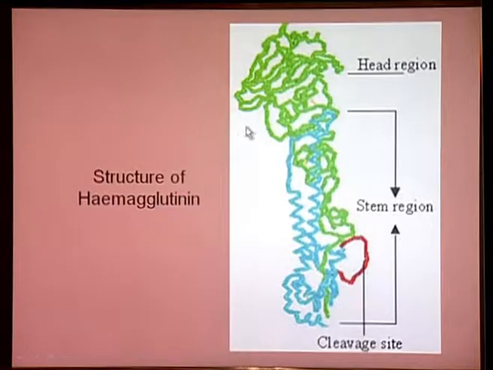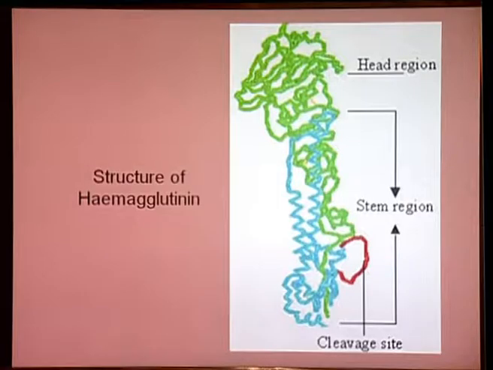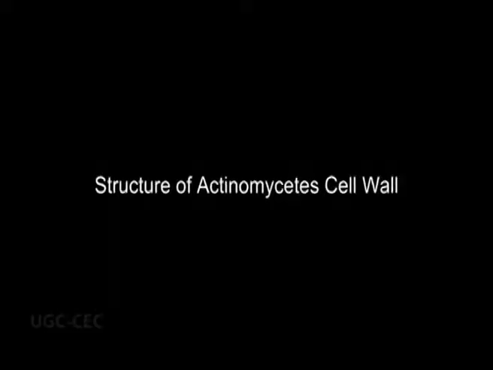The chlamydial cell has some unique projections on its cell wall. One such projection is the hemagglutinin, a protein with a definite head and a long stem with a cleavage site. Now, seeing this hemagglutinin structure, can you tell me which other organism might have it? Yes sir, it is found in influenza virus. Yeah, that's perfect. Hemagglutinin is present in influenza virus, which shows that chlamydia is very close to virus, and it has two important cycles in its life.